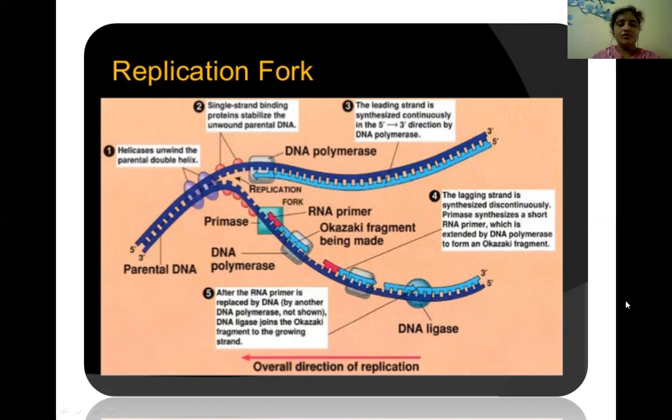The extension of the leading strand causes sufficient unwinding of DNA, making possible the formation of the first primer for the lagging strand. The clamp loader will be loaded, after which the core polymerase is added to begin the synthesis of the first Okazaki fragment. We can observe here, this is the replication fork.